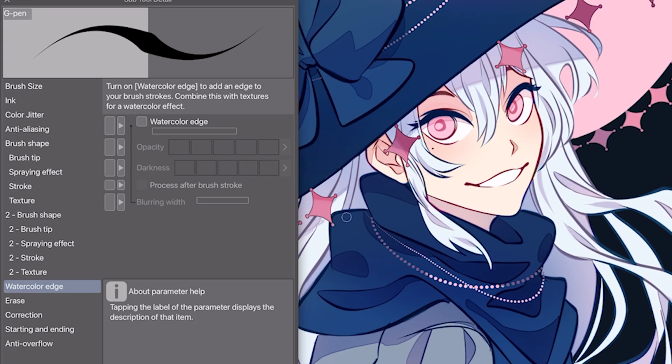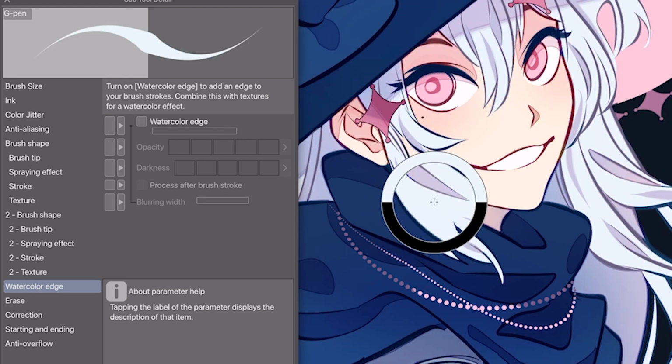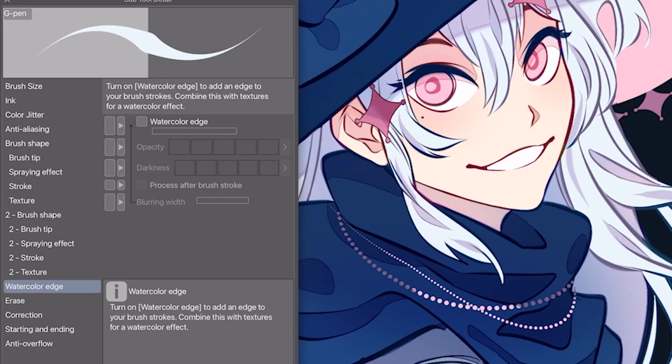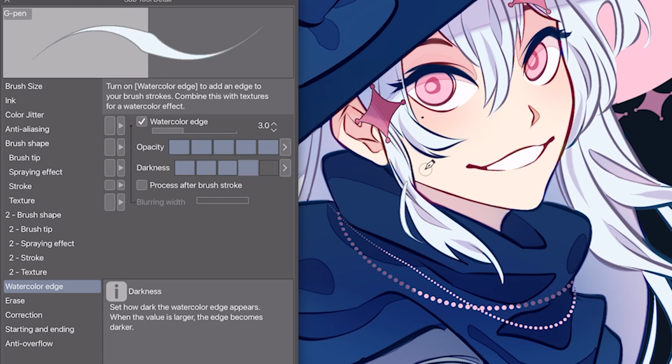Or let's say that you want to add more details, but you don't want to go through that process of having to go through doing more line art and then having to fill on another layer. This is a problem that I personally had. And when I found out that there's a watercolor edge, I use it all the time with all of my pieces. Select the color of the detail that I want. I like to add more hair detail, turn on watercolor effect, and then add more hair.